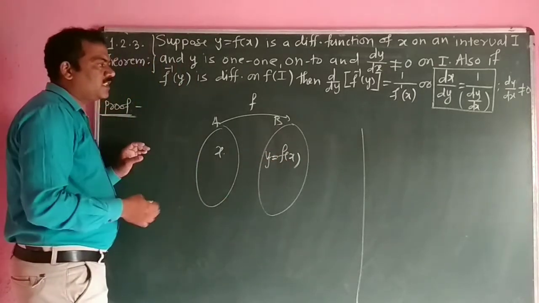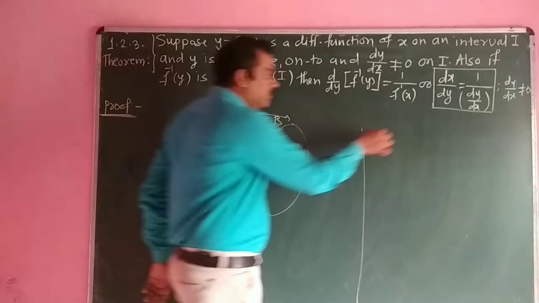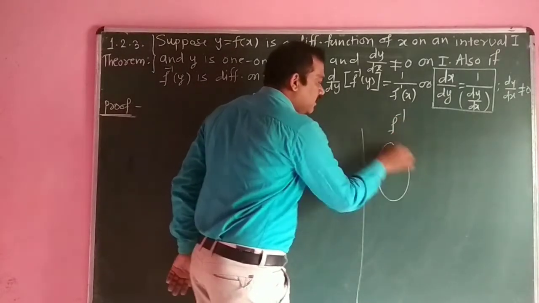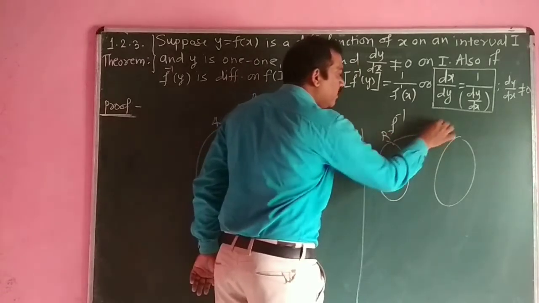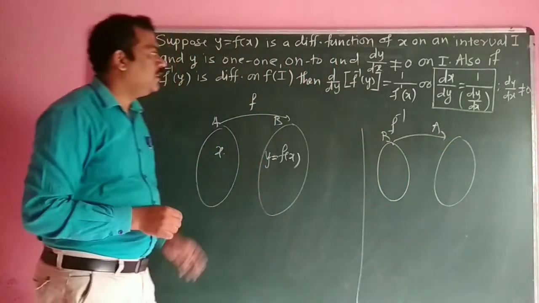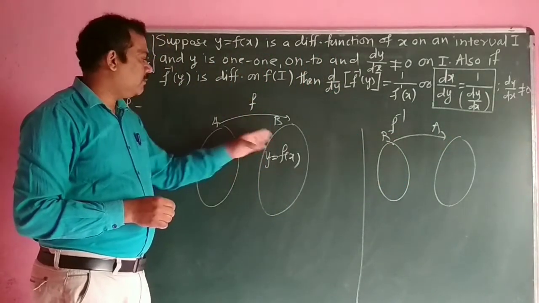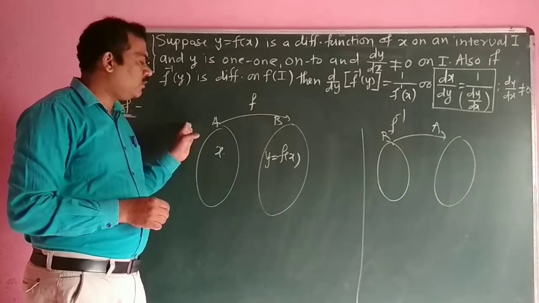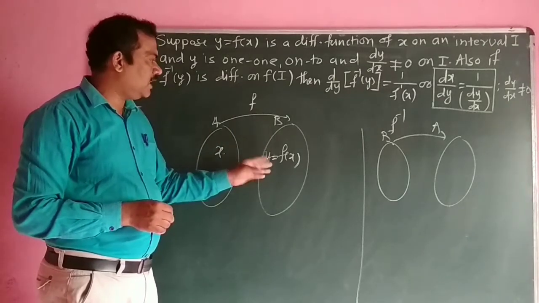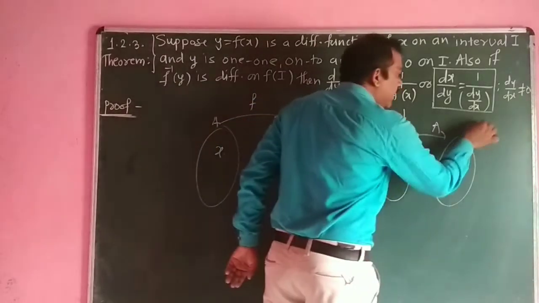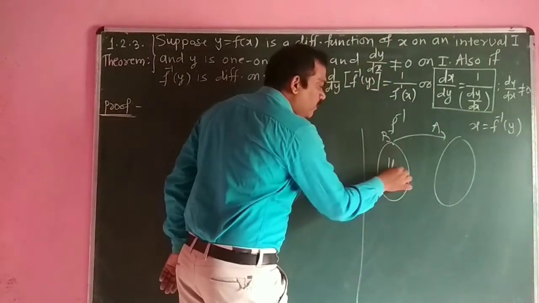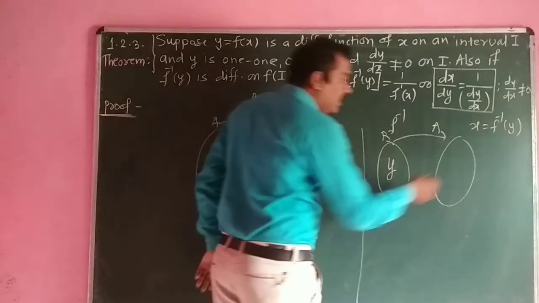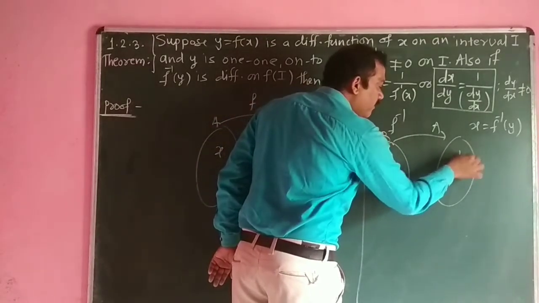And when we discuss the inverse function, f inverse is the function from B to A. What is the inverse function? The inverse function is nothing but x is equal to f inverse of y. Therefore, for every y there is a value of x, and that is nothing but f inverse of y,